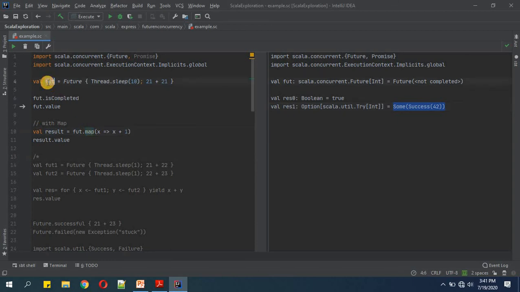So future we have already declared as fut variable, so we will use the same variable name only. Here we are defining map function, and in that map function whatever value we are having in this fut, we are adding 1 here. So let's run it. Okay,